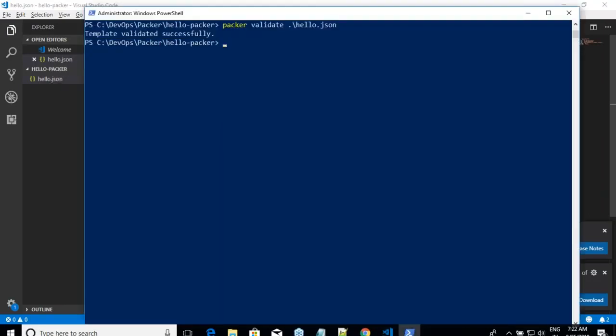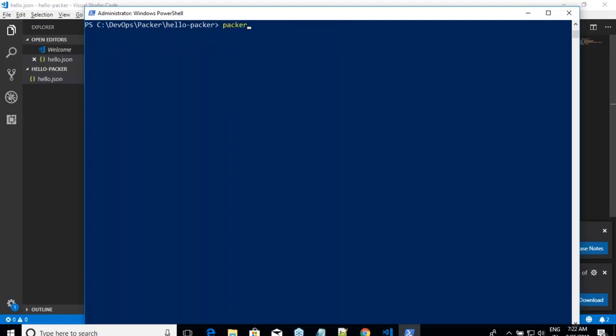Which means that basically we might not have any issues with respect to basic syntax. Whenever you are seeing this, it is the easiest way, because sometimes we tend to forget. But if you do packer build, it might be something else. But packer validate is the easier way. Execute this command once you have your JSON, right? And now, what are the other commands which you have looked at?